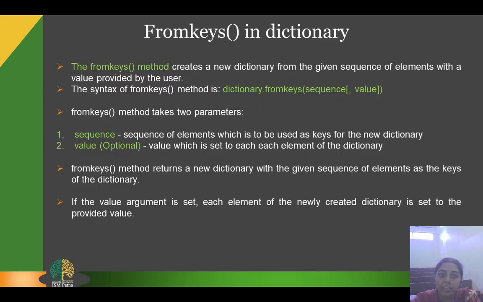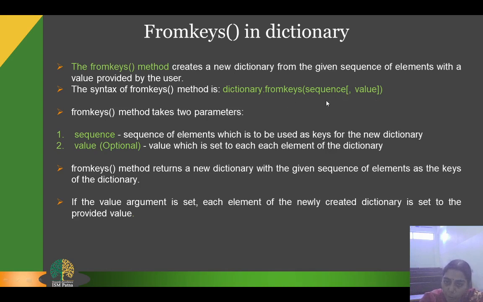Now moving to the next method, that is fromkeys. The fromkeys method creates a new dictionary from the given sequence of elements with a value provided by the user. It takes two parameters, sequence and value. Here you can see the syntax: dict.fromkeys(sequence, value).